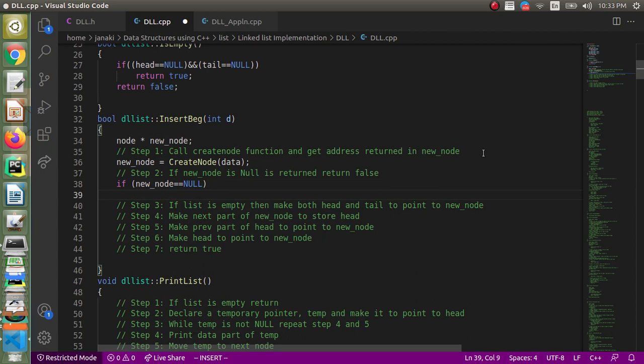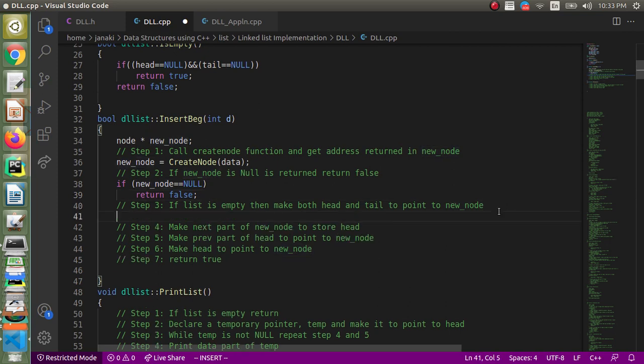Basically there is no memory in the system, or the memory given for heap for this particular program is exceeded. There are a few conditions when this will happen. So in that case we have to return false, indicating that we couldn't do the insertion operation successfully. Otherwise we have to consider the exception case, that is when the list is empty.